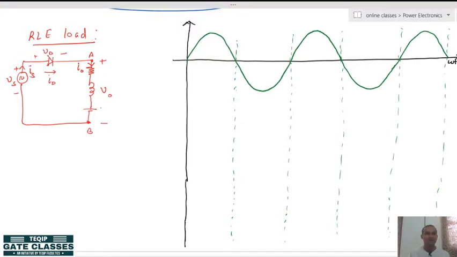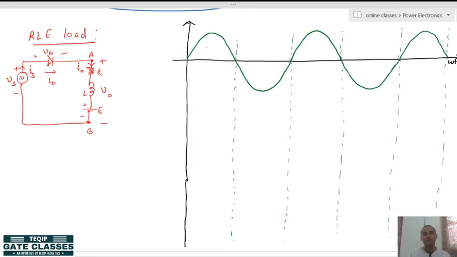Now you see that the role of this E is to reverse bias the diode. Suppose this source becomes 0, what is the role of E here? This E will try to make this diode reverse biased. So let's mark it like that. If E had reverse polarities, E should be marked here negative with reference to 0. But here E is with these polarities, plus and minus, so with reference to 0, E will be marked like this.